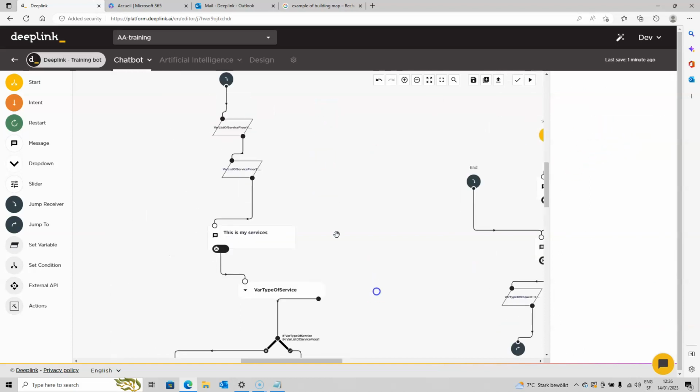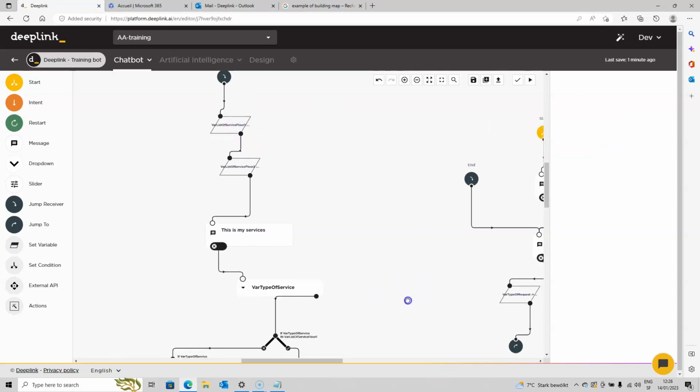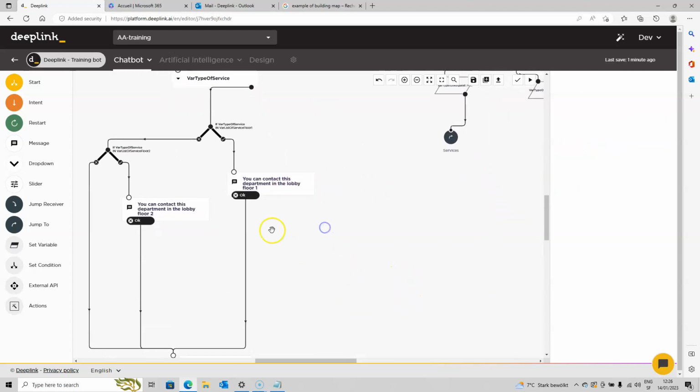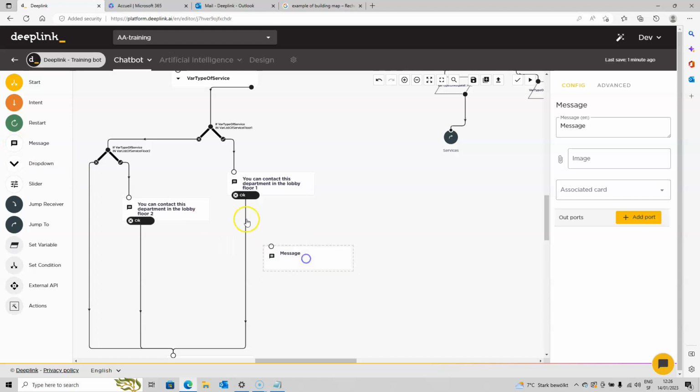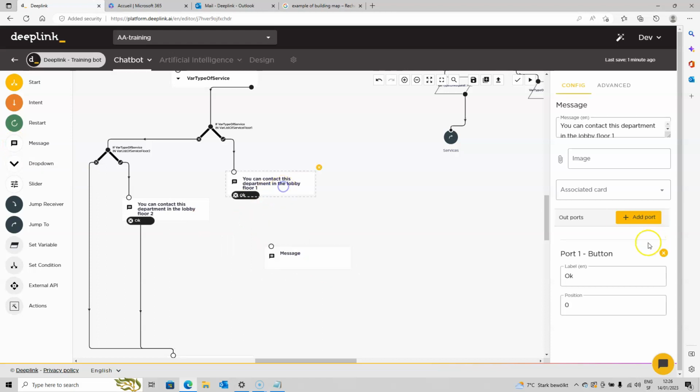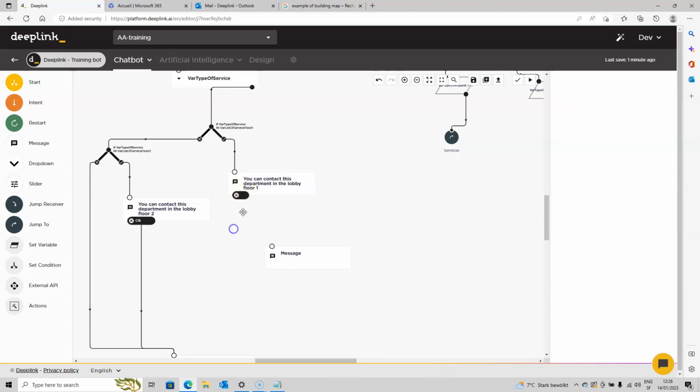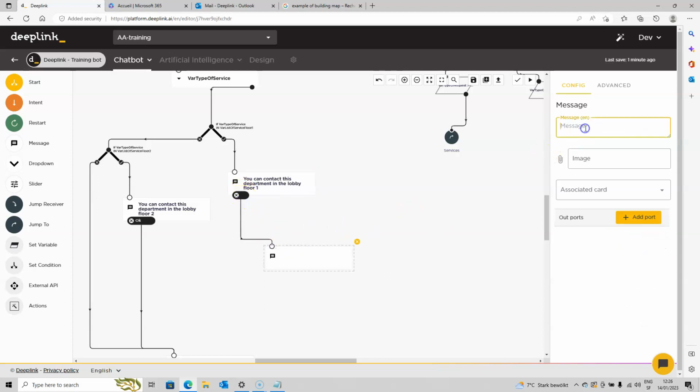I don't remember exactly. For the floor one, we put human resources and financial. Okay, so maybe here I can add one message, for example. Okay, remove the button, put direct, and to contact to have more information about